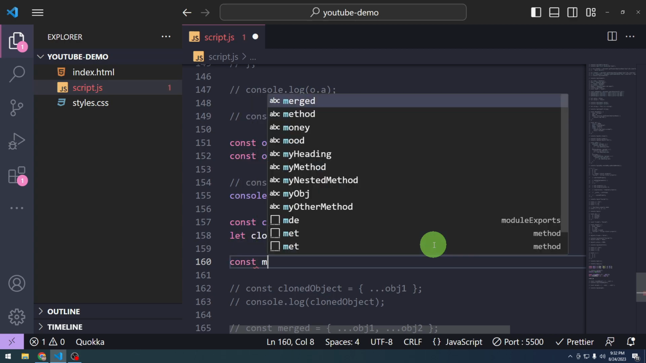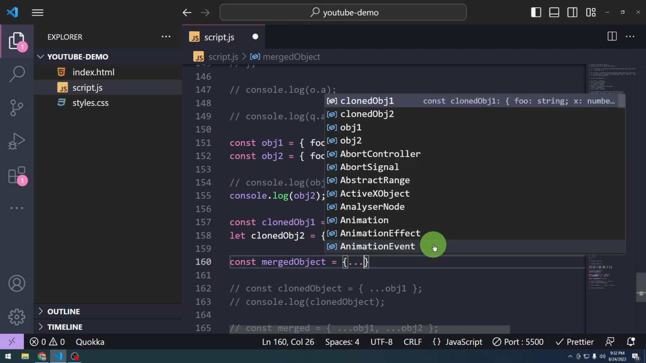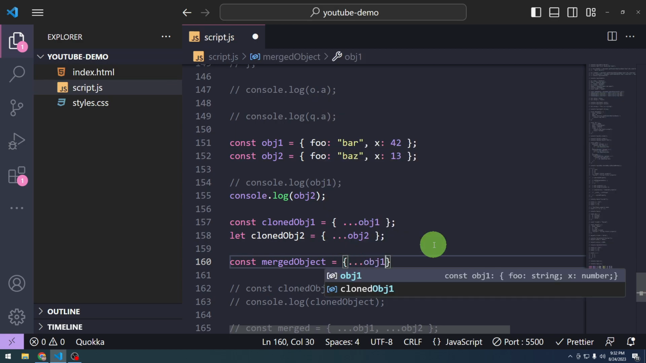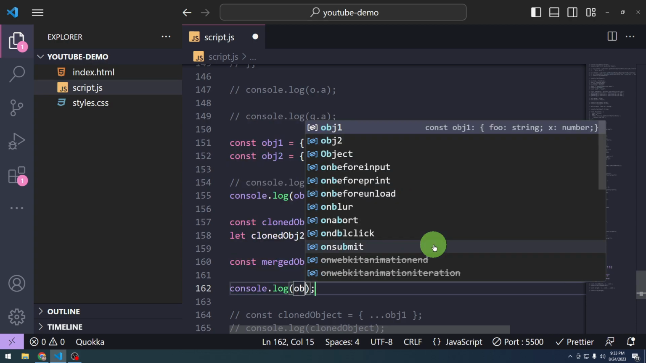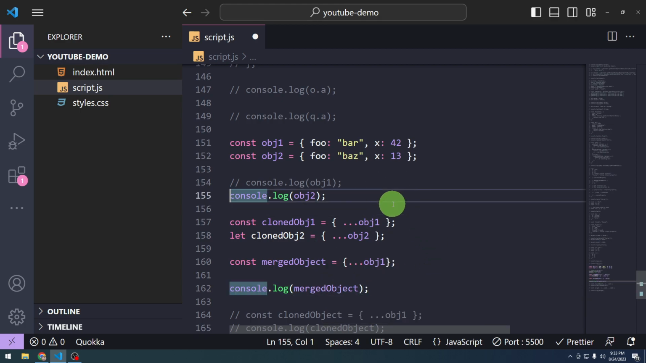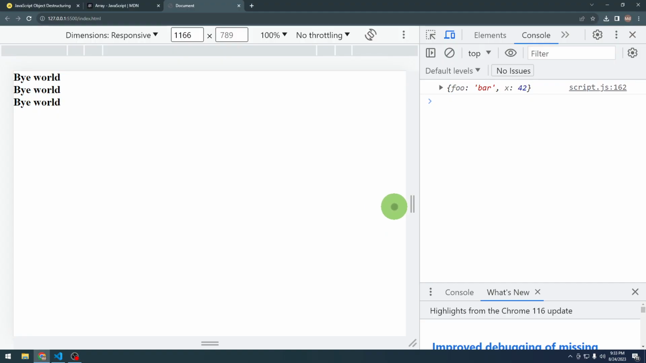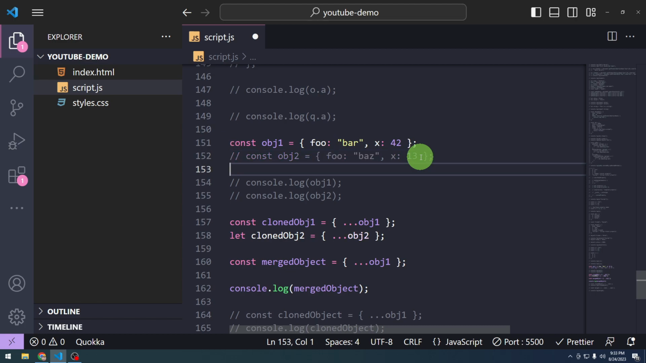Let's go for merged object, another object, and then use the curly braces and then use dot dot dot obj1. So this will basically destructure, I mean shallow copy the previous obj1. Let's go ahead and go for merge object. Let's go ahead and log it. So we log merge object, and as we can see, we are getting the clone of object1 because we have cloned here as well. Merged object is now obj1 foo bar x42, and let's try to merge something else because